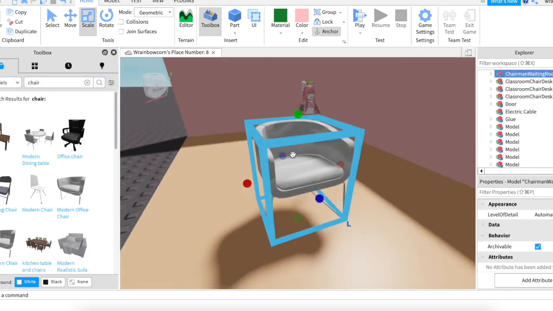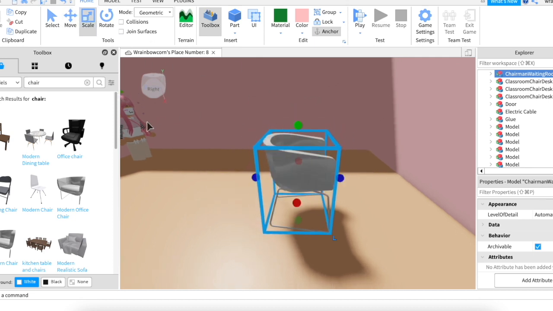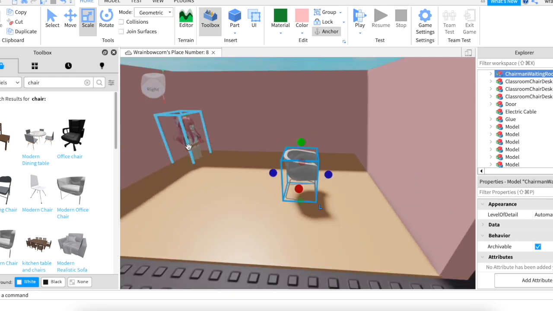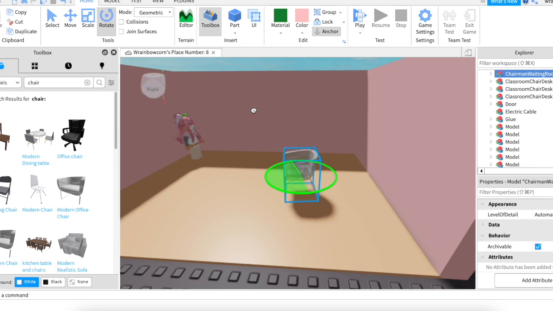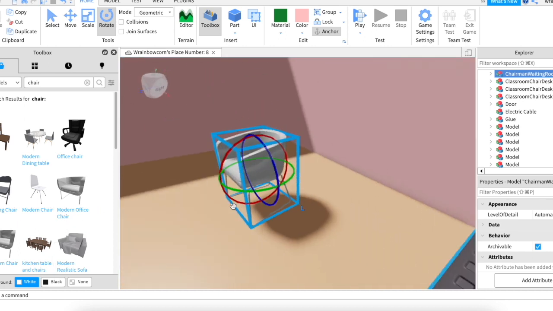If you like this, then you can incorporate it in your room model. You can move it down. You can also scale it if it's too big, so that way it fits your character. And again, using this is a great reference. You can rotate it and put it wherever you want to. And you can just use anything that's in the toolbox because it's completely free to use.